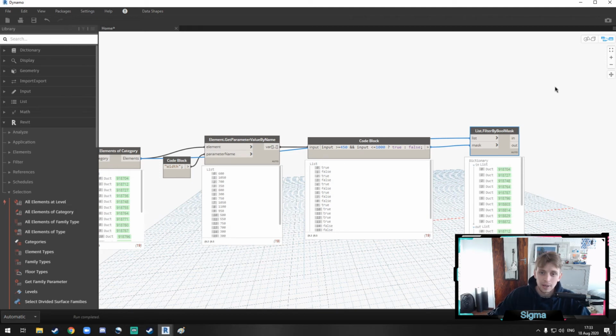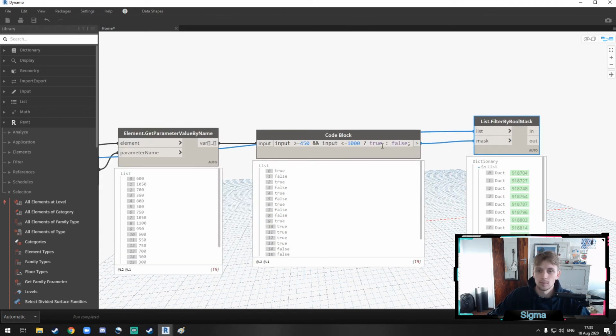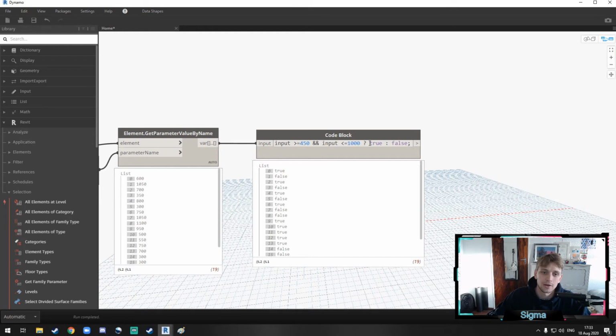Now, I could eliminate this step if I wanted to here in the code block. So I can sort of incorporate this into this area over here. So if I go ahead and delete this filter, and I also backtrack true and false, I'm not looking for true and false values in this case. This time what I'm going to say is that